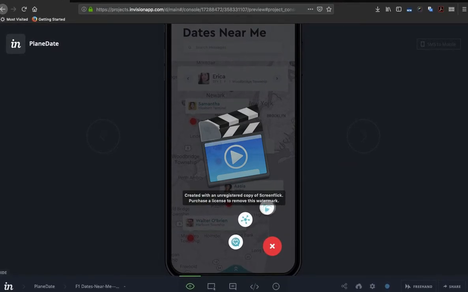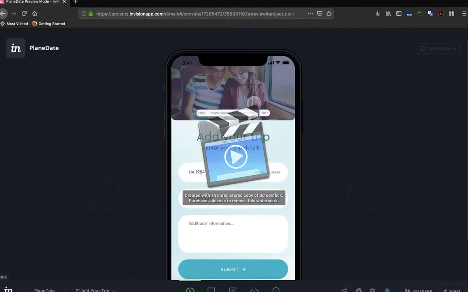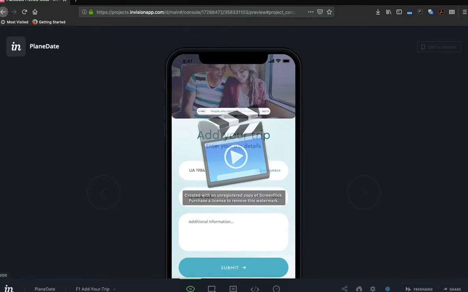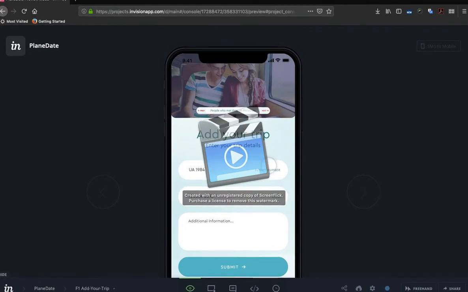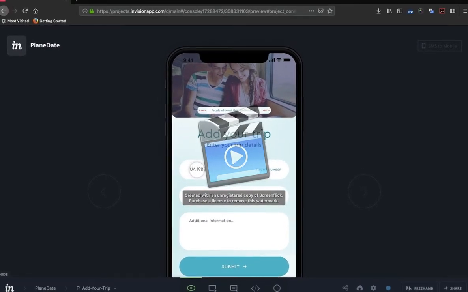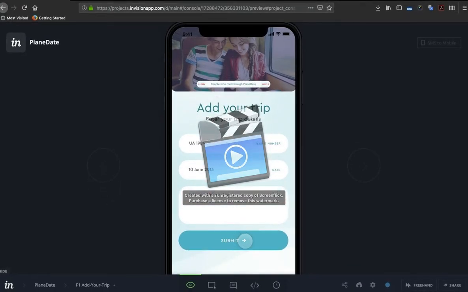So say we click on Travel Buddy, like we discussed already. There are three ways of going through the Travel Buddy. You can add. This is a manual mode where you're manually putting in your flight details. So this is United Airlines flight number 1984 and the date in which you're going, and any information, and you hit submit.